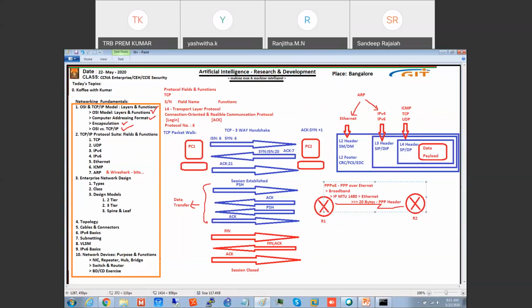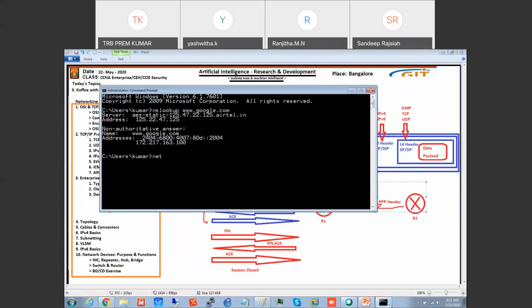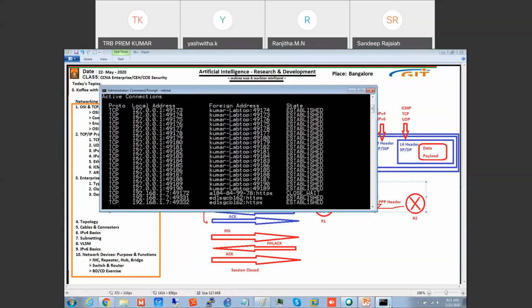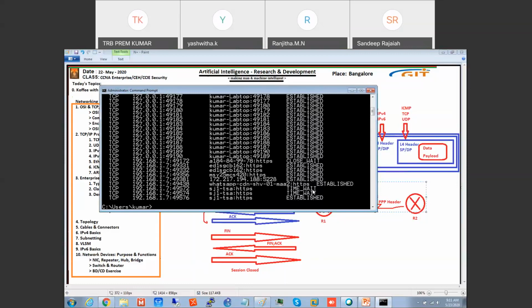When a buffer overflow happens, is there a chance of the session getting terminated? There is a time period for everything. We call this a timer or a time duration. It will wait for some time. If you go to this command, netstat, you can see the close wait is there. This close wait will not just close the session, it will wait for a particular time.